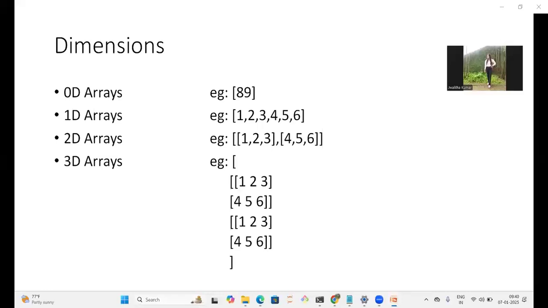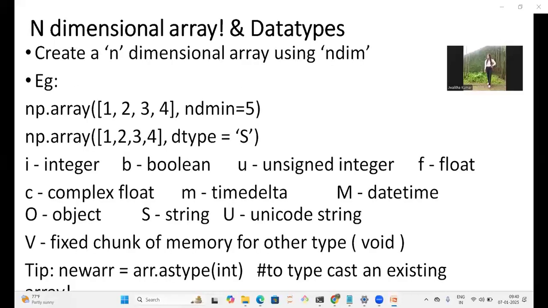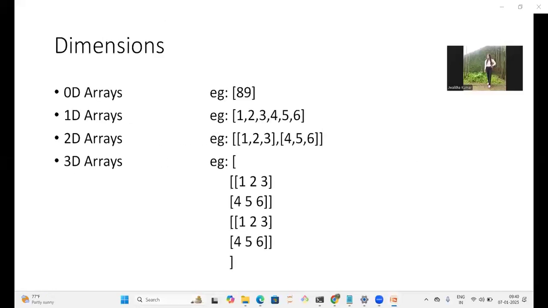Okay, so how to create 3D, sorry, so let's see once how to create 3D. So like this we can create n number of arrays using NumPy. Okay, so how to exactly create them in the code and all I will follow up in the next class, but you have to understand this first. Okay, next is